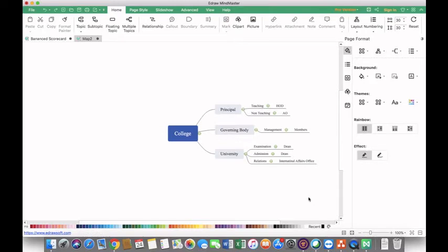So here we can see that I have prepared my own chart. Now suppose I want to present this chart to someone in my meeting, maybe in the college. So what I can do is I can close each and every branch one by one.